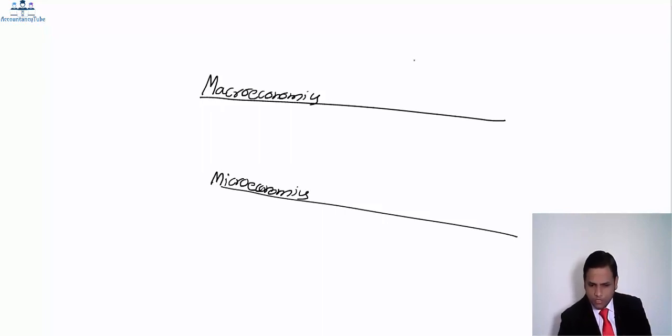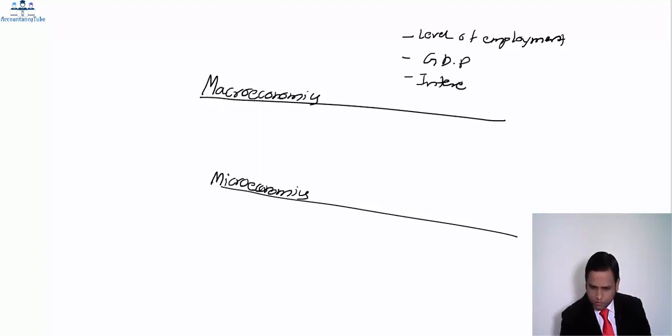Now, macroeconomics mostly deals with the large aggregates such as the level of employment, GDP, interest rates, etc. Whereas microeconomics is mostly concerned with